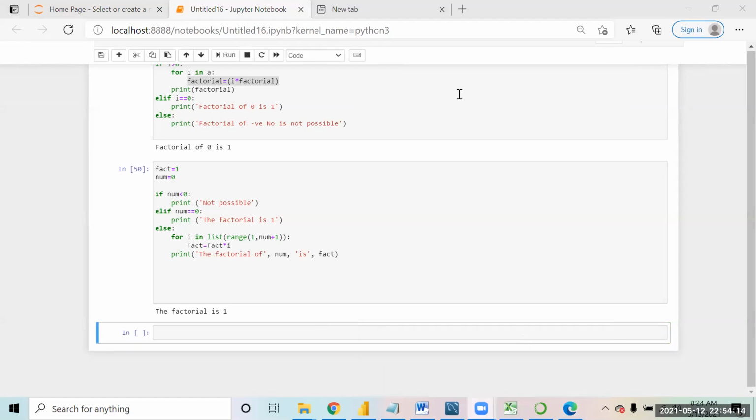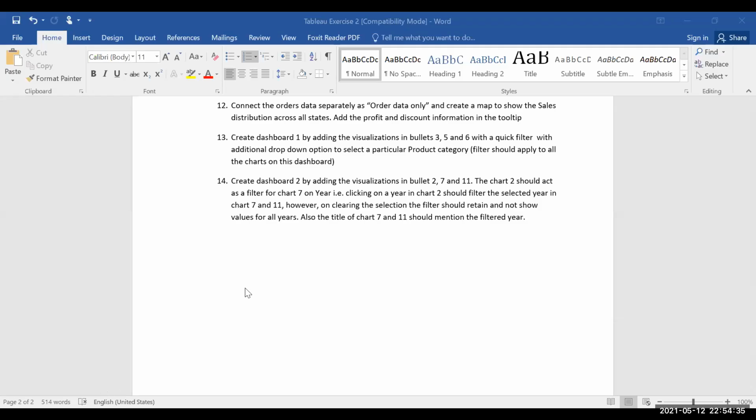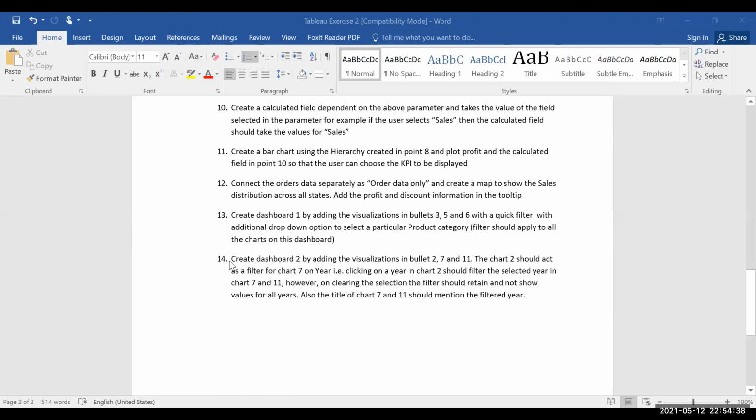Amit, I just have one question from the Tableau second assignment, if that's okay. Yeah, sure. You can share the screen. Are you able to see my screen? Yes. So in the second assignment, we have to create a dashboard by adding visualizations in bullet 2, 7, and 11, which I've done.